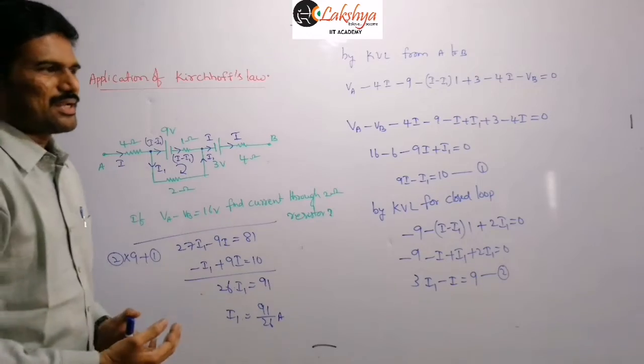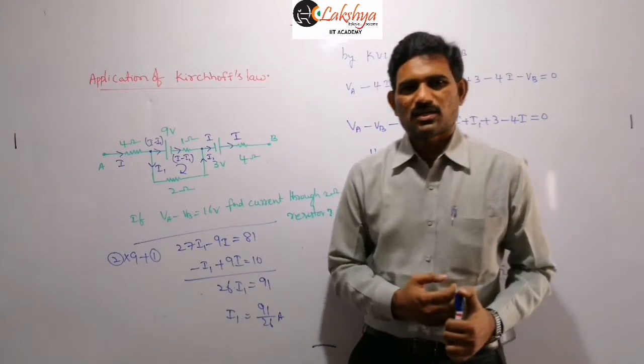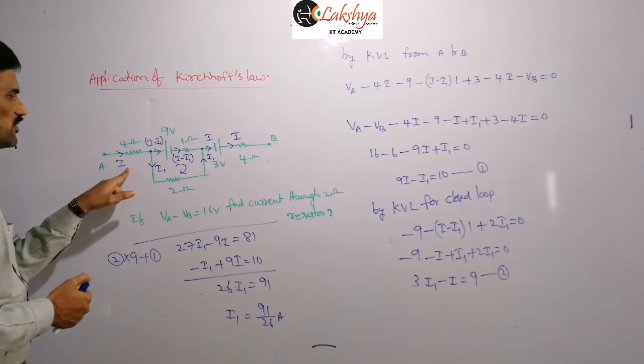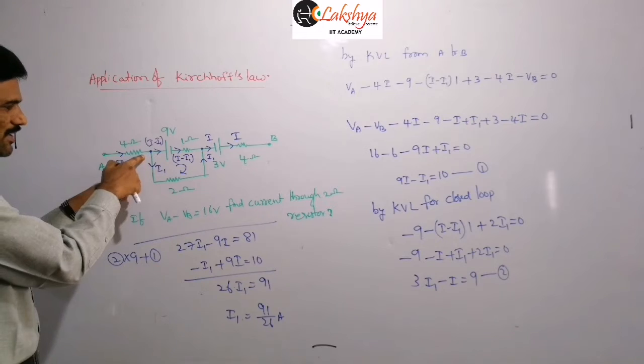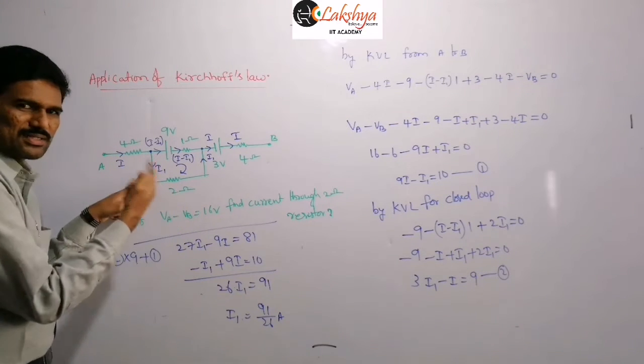So that means here current distribution or current is not given. So first we need to assume the current here. So I am taking I as the current flowing here, then at the junction current is dividing. So I am assuming some I1 is a current flowing like this. I1 is a current flowing through this 2 ohm. So we need to find this I1 value.